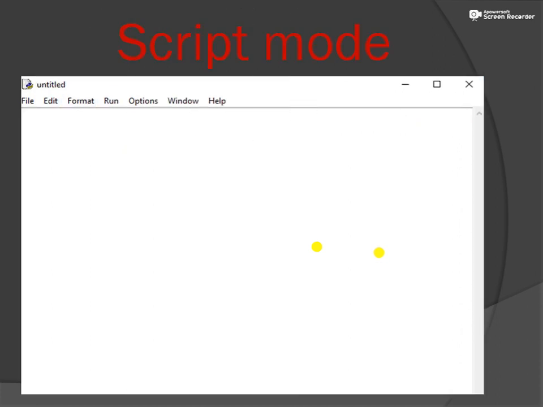Script mode. Script mode is different from interactive mode. In this, we can execute multiple lines and also we can save that file for future use.